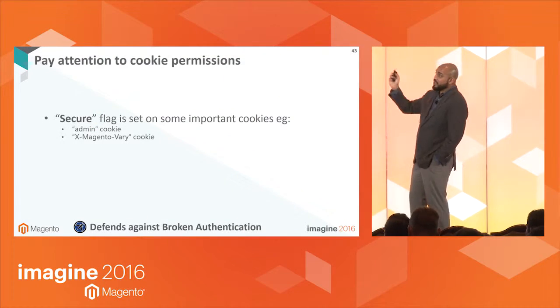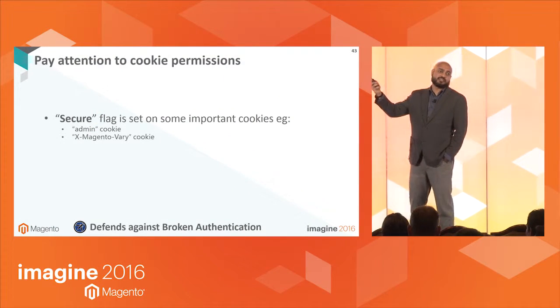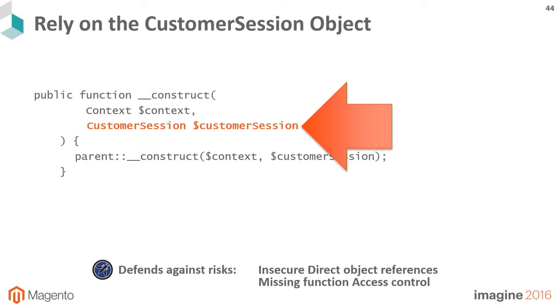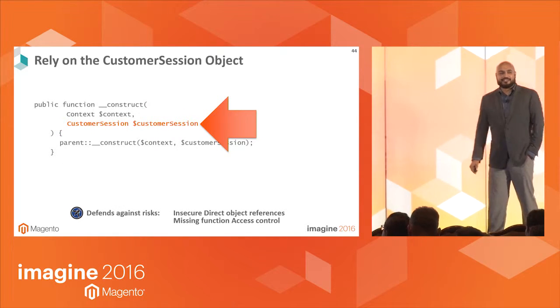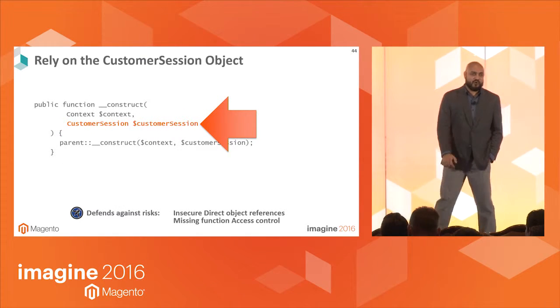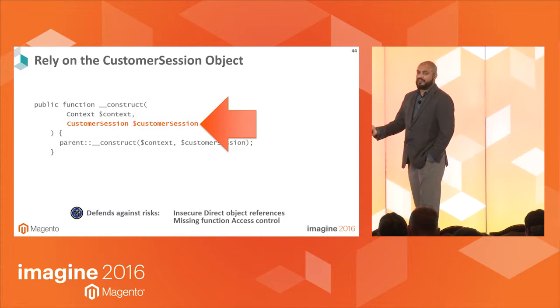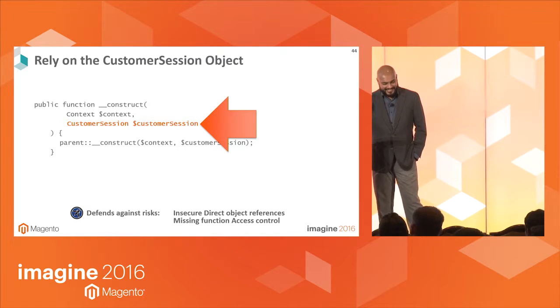There are very easy functions that set these flags on any custom cookies you're using. Can't remember exactly which file it is right now. But yeah, pay attention to where these flags are set on the existing cookies, and I'm sure you'll be able to figure it out. Moving on, customer sessions. I have seen so many developers try to roll their own way of figuring out which customer is logged in. And it's just painful to look at.